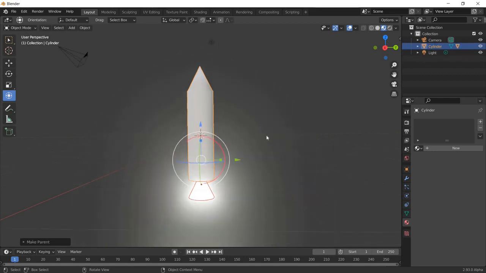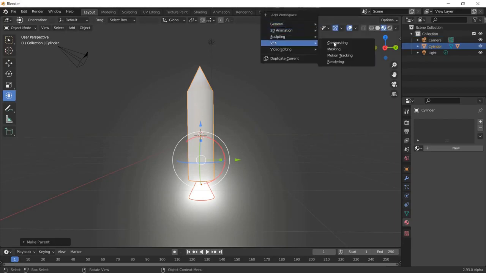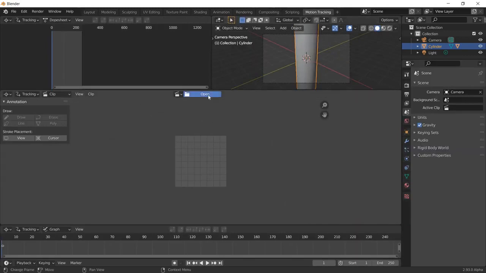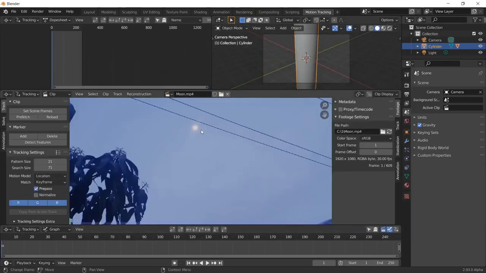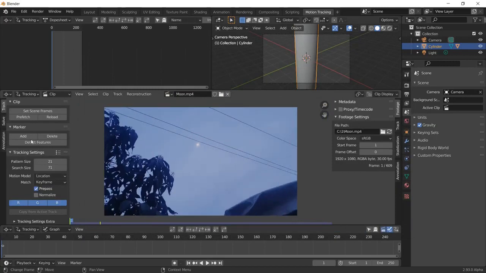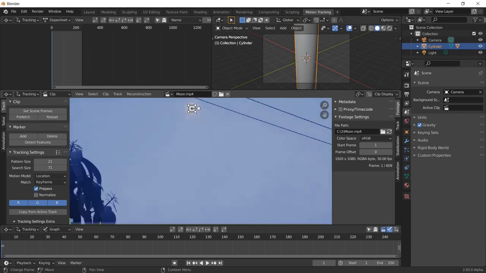So now I just recorded the moon in the evening time, so I can just open that one. First we should click this plus icon, VFX and motion tracking. Now click open, and I put the video in this one folder. Just open the clip, and this is the moon. So I can click this add, and click this on the moon. So I just added this smart tracker to the moon,